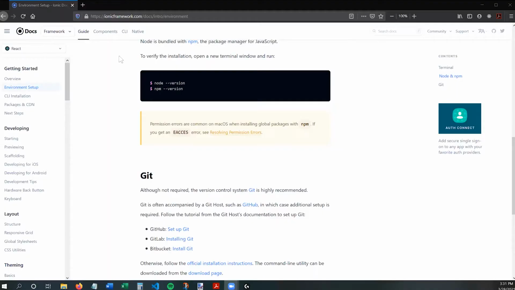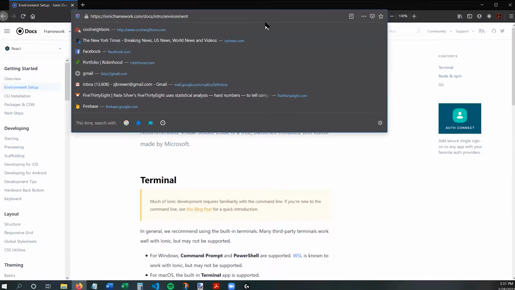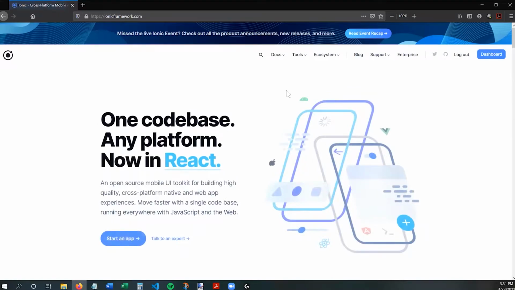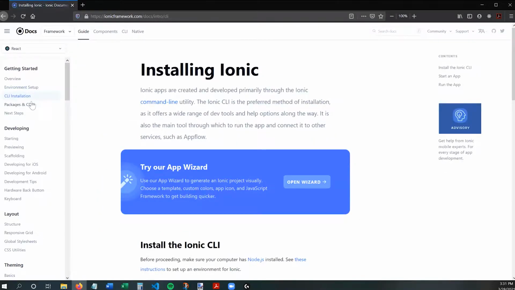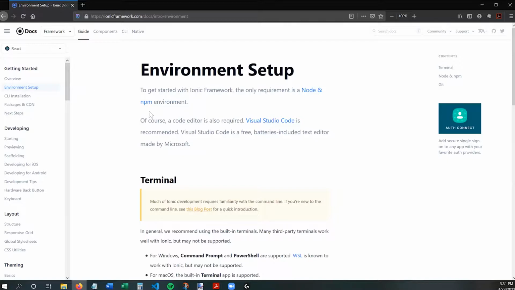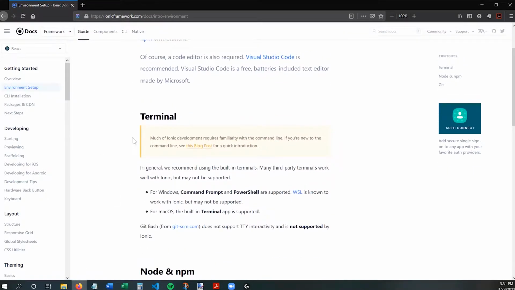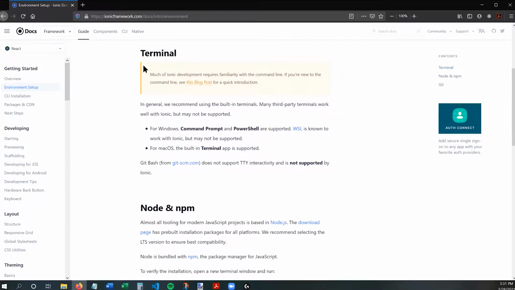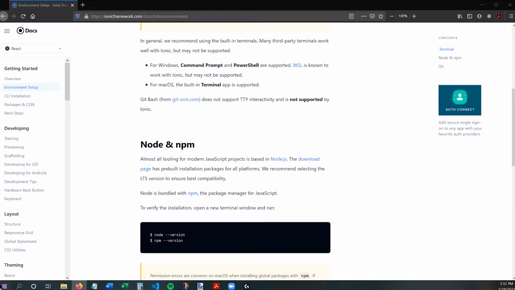So here we go. You need to go to the Ionic docs to read about how to set up the environment. So I'm going here to docs, then to installation. Actually, I'm going to click up one to environment setup, and I'm going to start looking here. I'm on a Windows computer, but terminal is available on Windows or Mac, obviously. Basically, you need to open up your terminal,